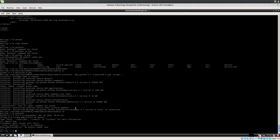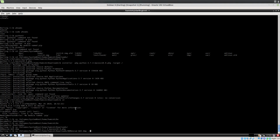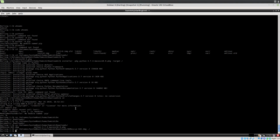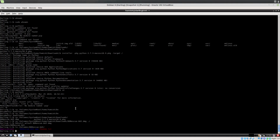Right, so we want to just CD back to... Actually, let's copy it here, shall we? So you can just do it the standard way, which is hdiutil attach, and then the name of it. There we go. So apparently it's there, which it looks like it is. So that's good. And we should be able to...